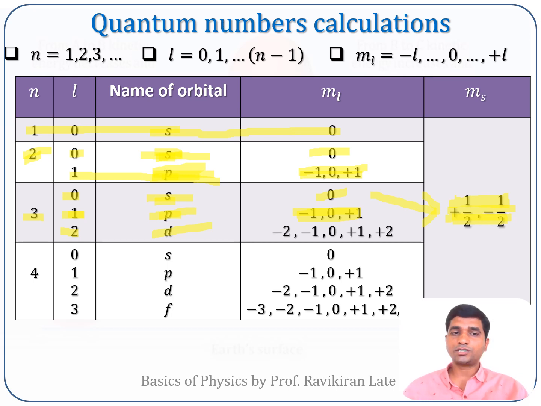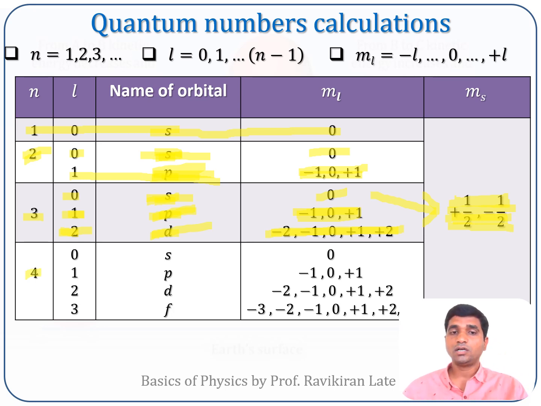And the d orbital corresponds to L equal to 2, which corresponds to ml values of -2, -1, 0, +1, +2, and this will lead to the spin quantum number values, that is plus half and minus half. So this will lead to 5 into 2, that is totally 10 electrons that can be accommodated in the d shell. So the s orbital has a capacity of 2 electrons, the p orbital has a capacity of 6 electrons, and the d orbital has a capacity of 10 electrons. So 2 plus 6 plus 10, that will be 18 electrons. So the third orbit can occupy 18 electrons.